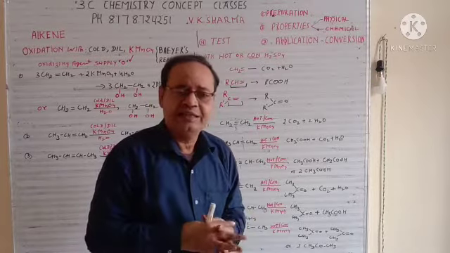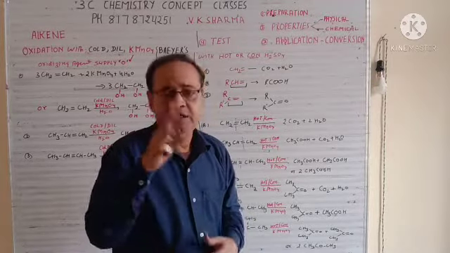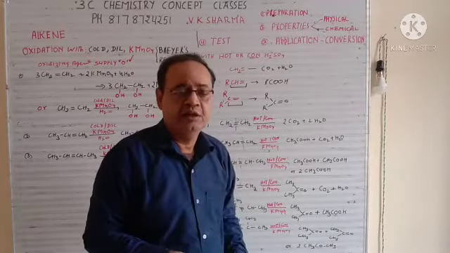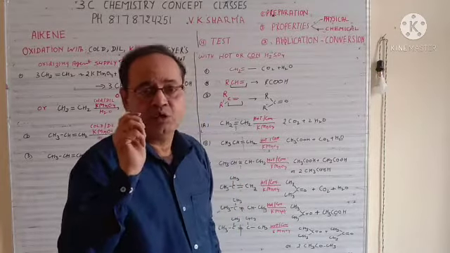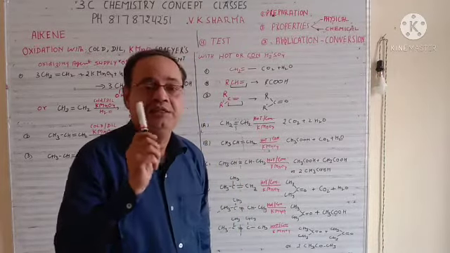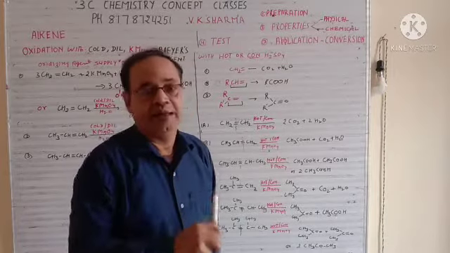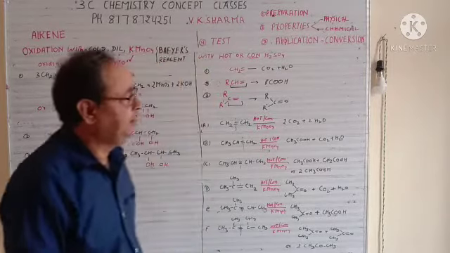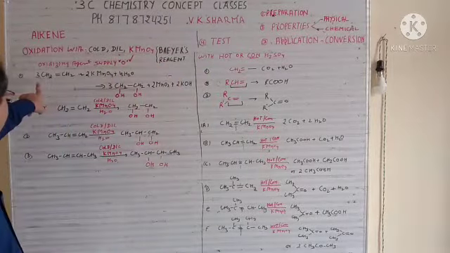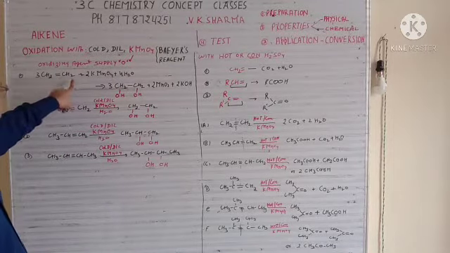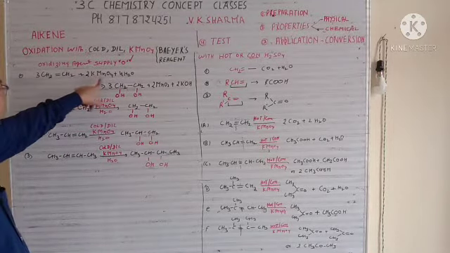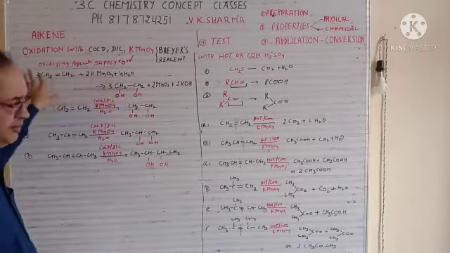There are so many oxidizing agents, and I will keep on telling you that this is the oxidizing agent. So keep in mind, when I speak about the oxidizing agent, never balance the oxygen, but other atoms you have to balance. So let's take the first example. Suppose I am taking an example, 3 CH2=CH2 with 2 KMnO4 plus 4H2O, that is coming with the balance.